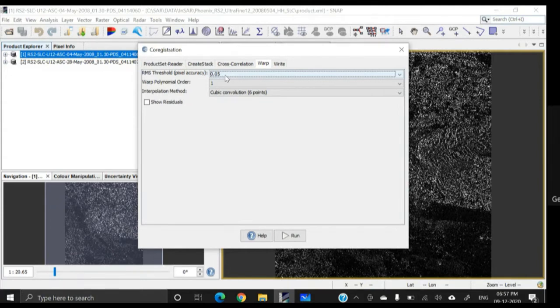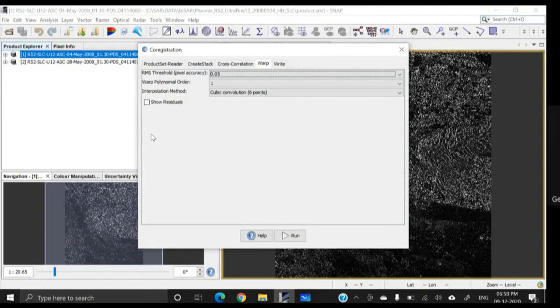Then let us consider the polynomial order as 1, and the interpolation method as, say, cubic convolution. Then we may click on show residual. I mean, the residual error will be displayed.